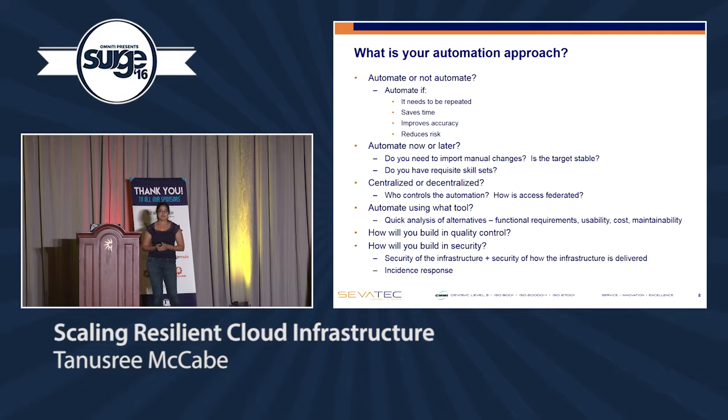But it's also worth thinking about functional requirements like, does it fit into your automation approach? Like if you have an orchestration process defined, does it actually work with that? If you're using multiple clouds, does it work with that? How will you build in quality control? That's an important consideration because just like developing applications, it's important to develop quality infrastructure. We want to have confidence in our infrastructure, right? So what does quality control mean? And we'll talk about that in a little bit. And then, of course, one of my favorite topics, how do you build in security? So these questions are just kind of meant to make you think about while you determine your automation approach.